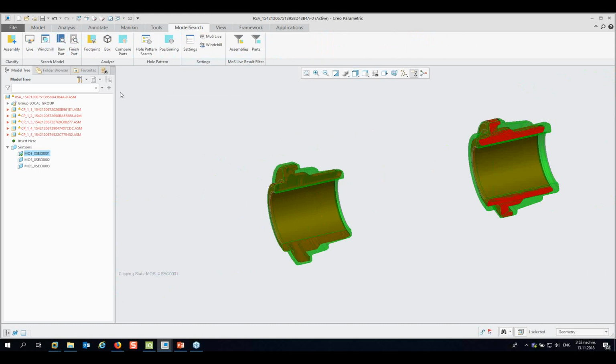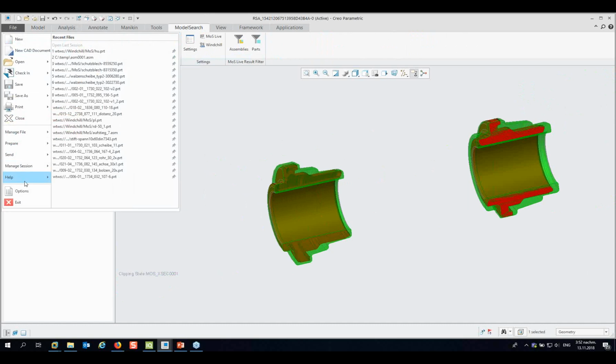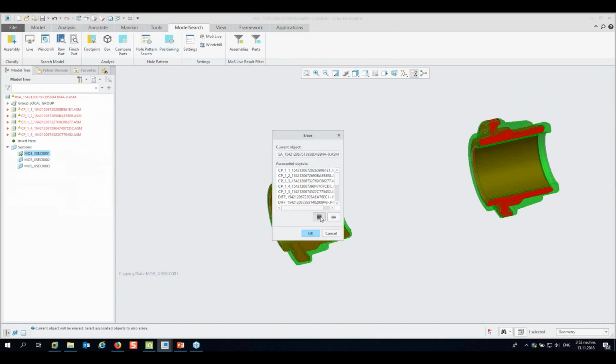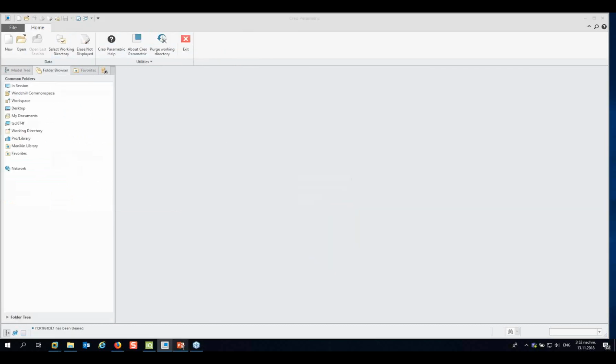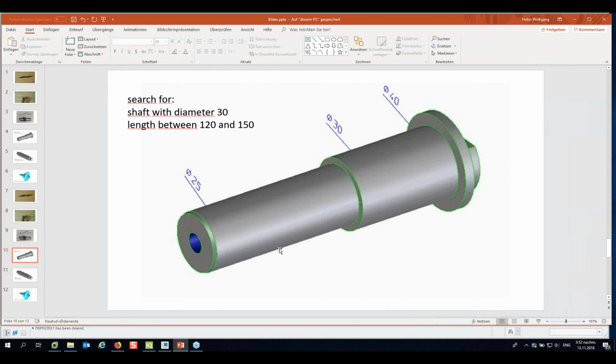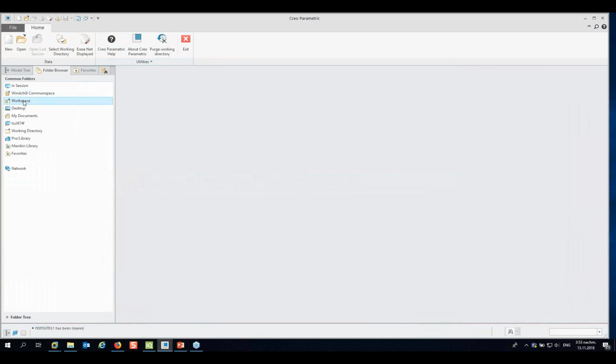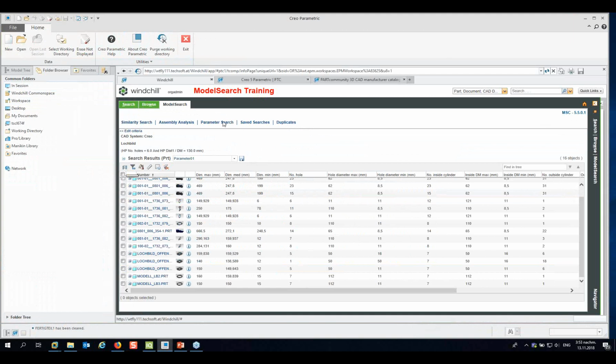One more thing about looking for elements here is a new function. We call it look for features. One example. If we want to find this part, you have seen before in the footprints, there is only the information of the outer maximum diameter and the minimum diameter, the inner maximum and minimum diameter, and so on. In this case, we want to find a part where the diameter should be 30, but it's not the maximum and it's not the minimum. So if we use this one, once again here for model search, the parameter search,